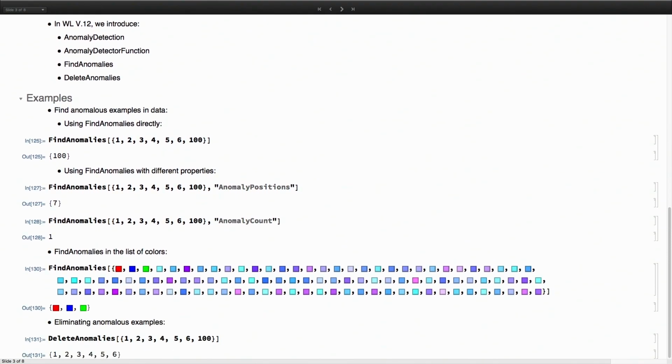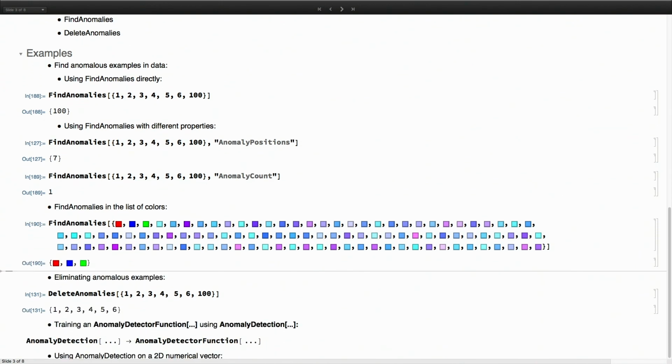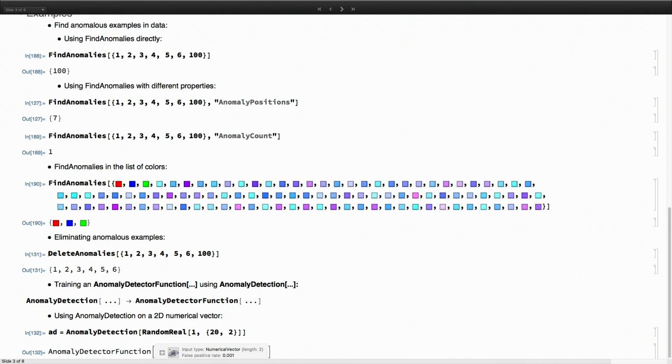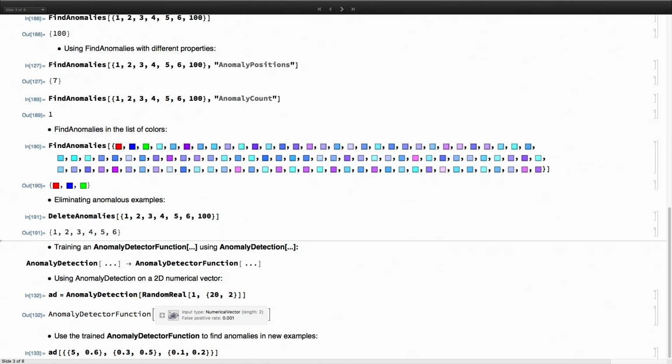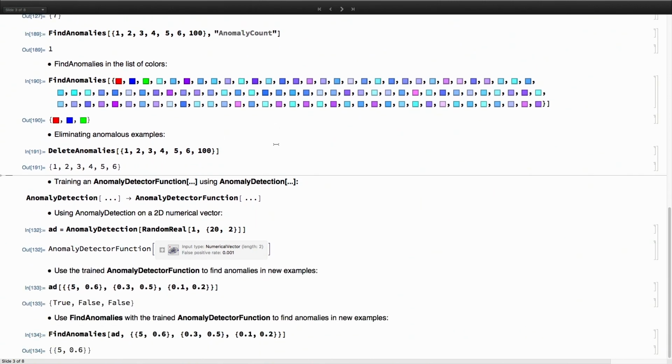First, I will start with a few simple examples. With FindAnomalies, you can just give it data, and it would return the anomalous examples. You can ask for different properties, like anomaly positions. By default, it returns the anomalous examples that it thinks are different from the other ones. You can ask for properties like anomaly count. You can use it for different things, images, colors, and so on. The derivative function of this is DeleteAnomalies, which would delete the examples that it believes are